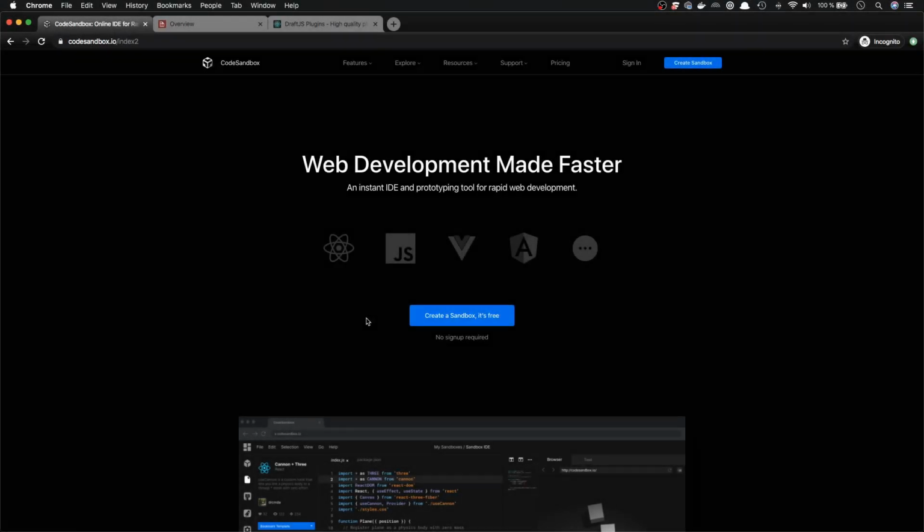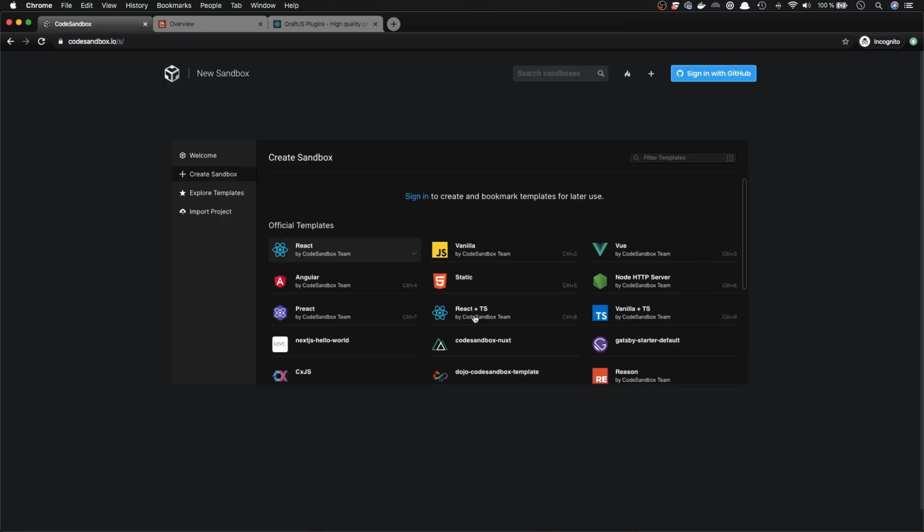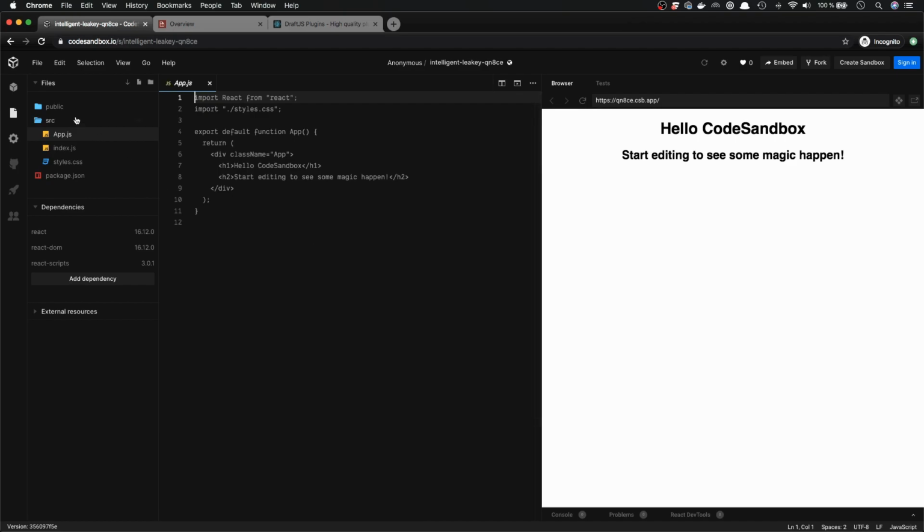I will use the Code Sandbox IO. If you're not familiar with Code Sandbox, it's basically a web development IDE for the browser. And we can create something called sandboxes, which are these development environments. And since we are doing React, we'll choose the React sandbox. And on the left here, we get our folder structure. On the middle is the file that is open, the code editor, and on the right we have a preview